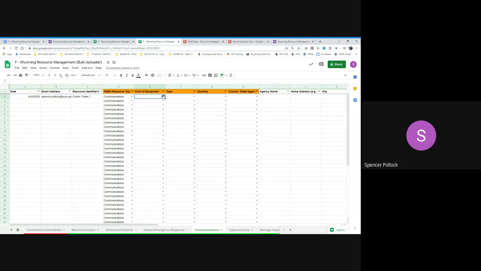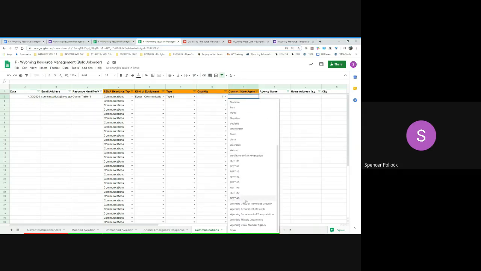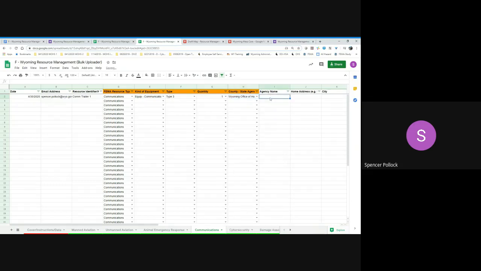And we're going to then come over here and use the drop downs. Anything with the orange bars on them have drop downs available. So we'll say this is a communication trailer, and we'll say it's a type 3. And we'll say we have however many of them we potentially have. I'll also then assign it to which jurisdiction. So we'll say Homeland Security, WOES, enter in our information here.